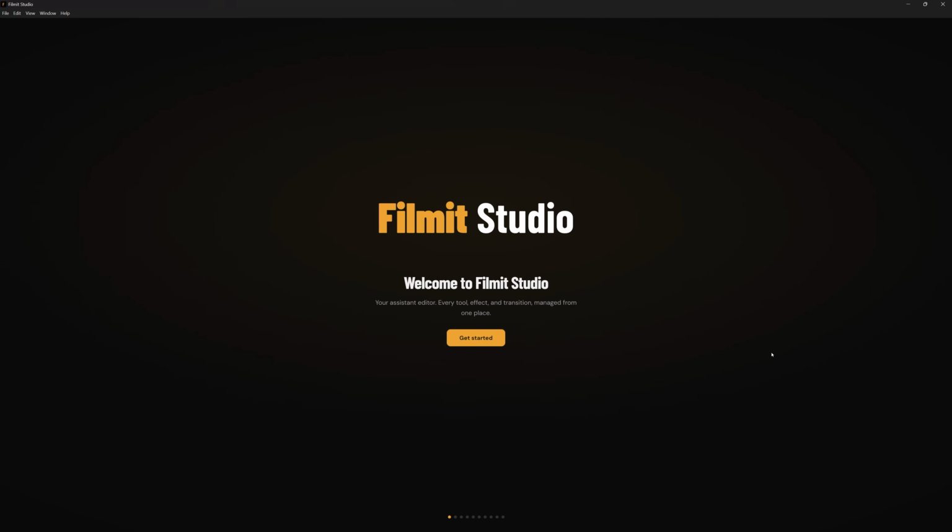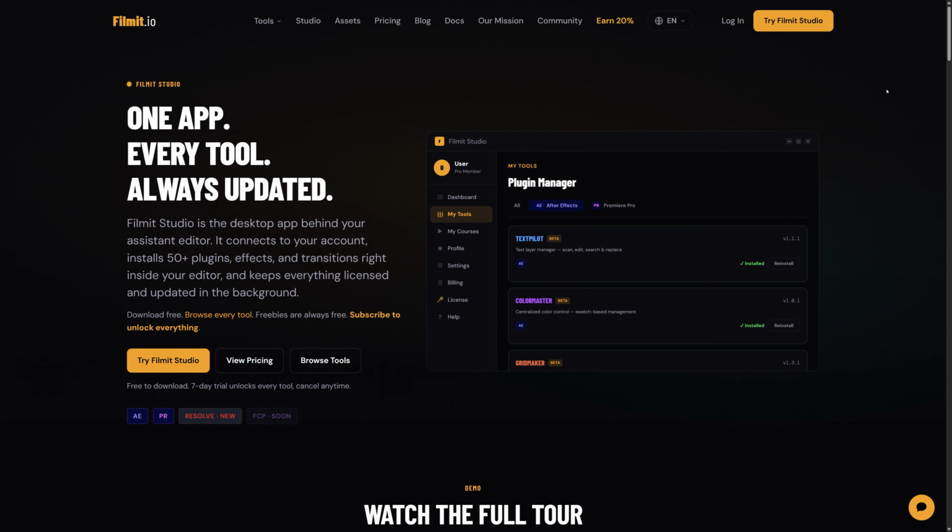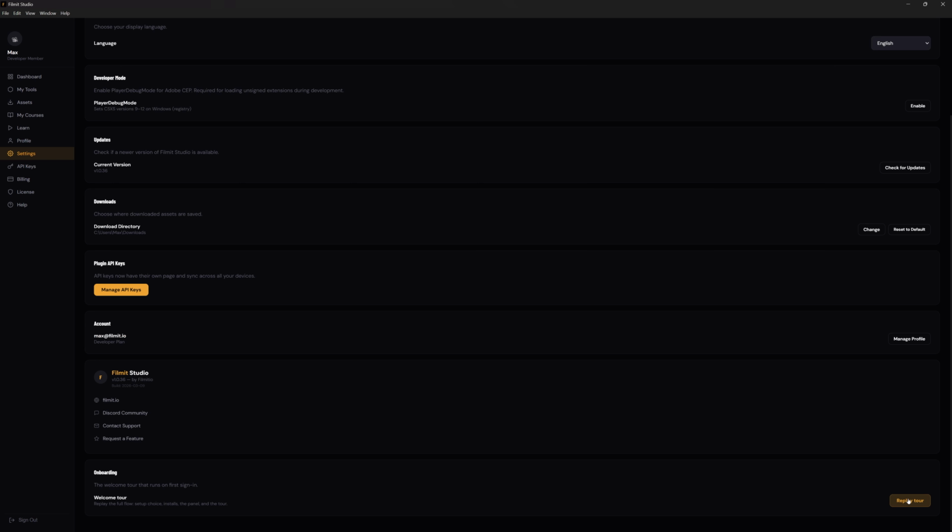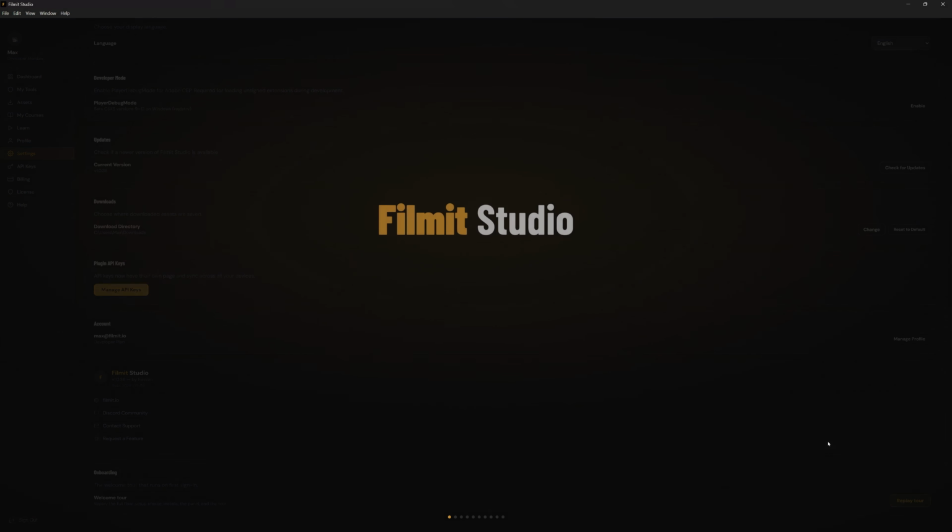Today we are looking at Filmit Studio, our desktop manager for everything Filmit. Let's get started. Now, to download Filmit Studio, it's super simple. Just create an account on Filmit.io, try Filmit Studio, download the desktop application from the website, and install it. Have a great time. Now, once you install Filmit Studio, all you have to do is log in, and then